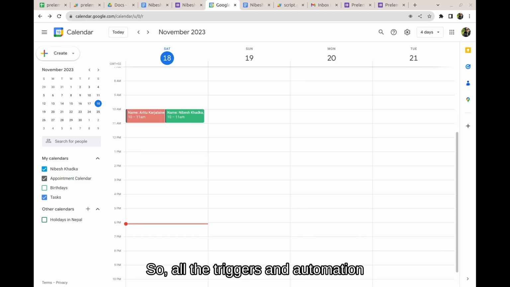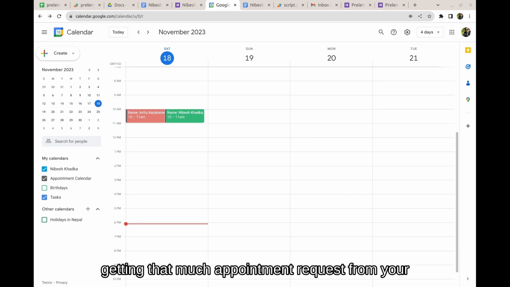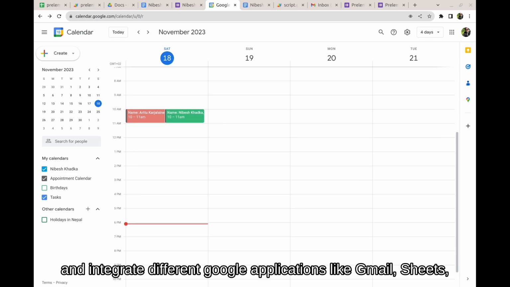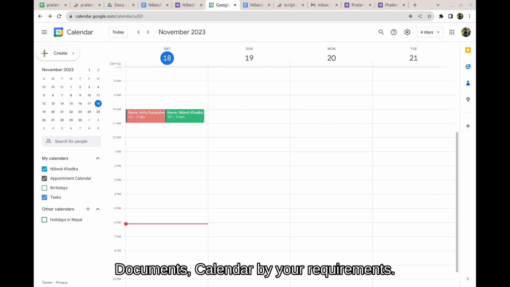So all the triggers, all the automation were working. Now what you can do is change the trigger timers from minutes to 10 minutes, 15 minutes, 30 minutes, or hourly. You don't have to call the trigger handler every minute because you probably are not getting that many appointment requests from your clients. If so, please do what you want to do. But I hope after this tutorial, you can create a web app and integrate different Google applications, Gmail, Sheets, documents, calendar, by your requirements,